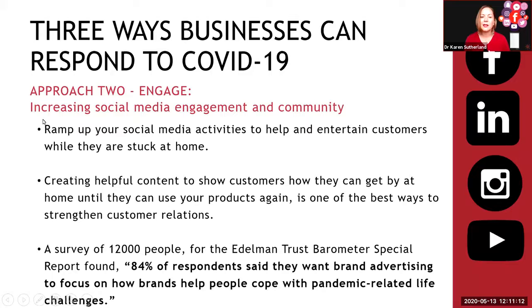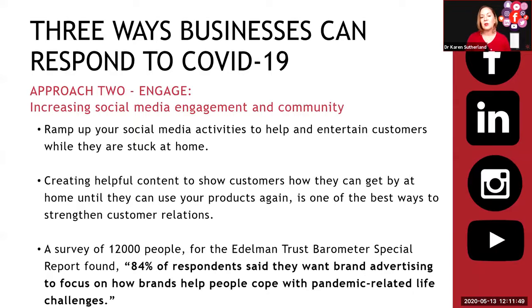So there was a study by Edelman. They were a PR firm, but now they're a big digital firm. They're worldwide and very well known. A couple of times a year they do what they call a trust barometer, where they survey a lot of people to find out how they feel and what big organisations they trust, and they put them in categories. They did one recently to find out what people are feeling in relation to how businesses and organisations were responding to the COVID-19 pandemic.